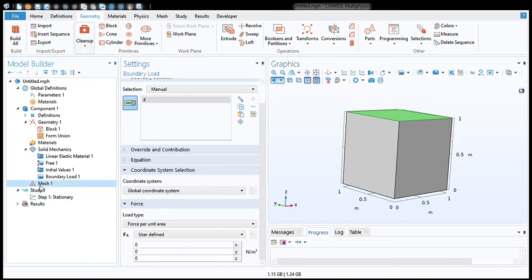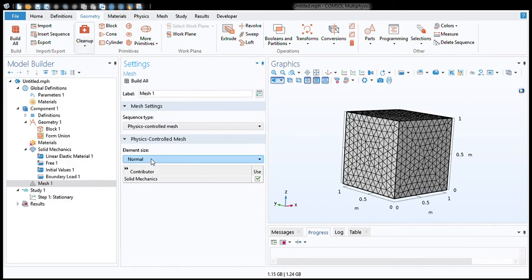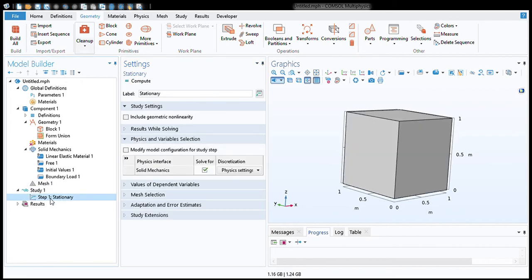The next is mesh. You can use a normal mesh, and different types of mesh are also there, like fine, finer, extra fine. As you reduce the mesh size, you'll get converged results using COMSOL Multiphysics. You can check that your model is correct. In a stationary study, you have nothing much to add in the initial stages, you can directly click compute.